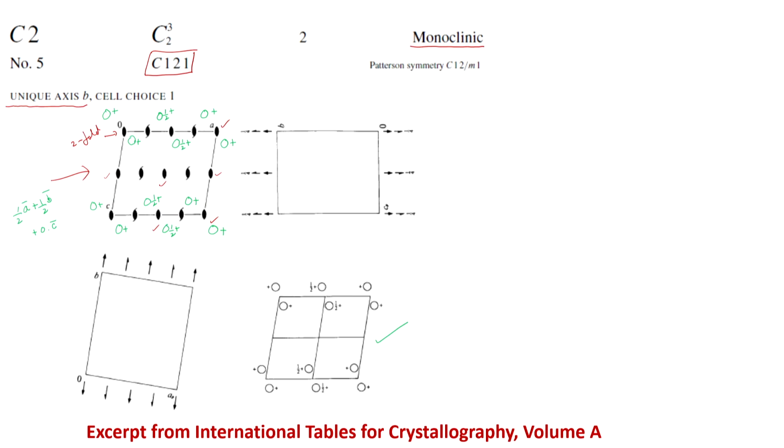In this we also saw that if this was 1, 2 and this became 3, then going from 1 to 3 will be through a screw axis out here, and in this manner you get these screw axes at different locations. Now, this diagram has been drawn as a projected diagram, a projection along the unique axis, along the B axis.